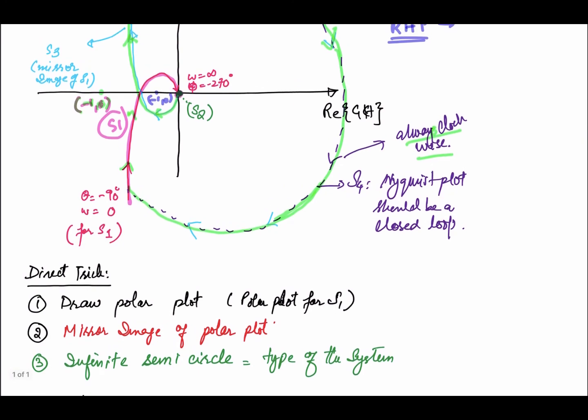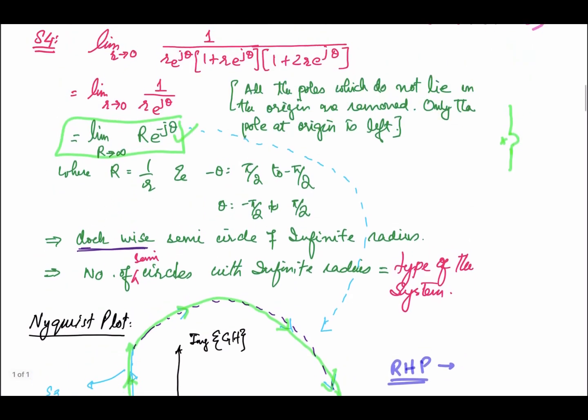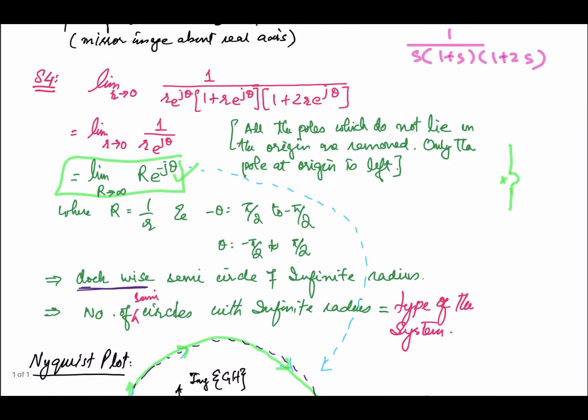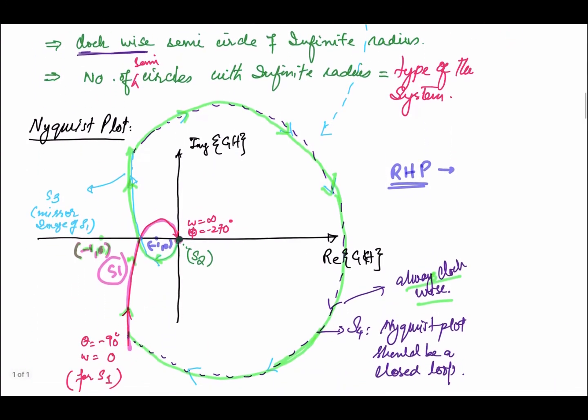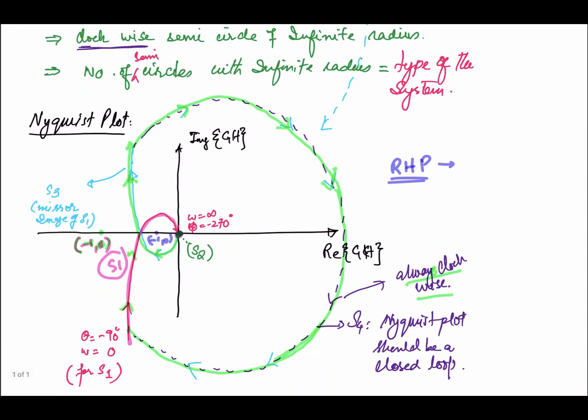Let's conclude this video. What we have done is discuss the procedure in which the contour is selected in the S domain, and then we have seen how we can represent our transfer function in the GH plane, and how we can look at the stability of the system and plot the Nyquist plot. You will have to divide your contour in the S plane into small parts, and then for each part look at the representation in the GH plane, and then you can sketch the Nyquist plot.